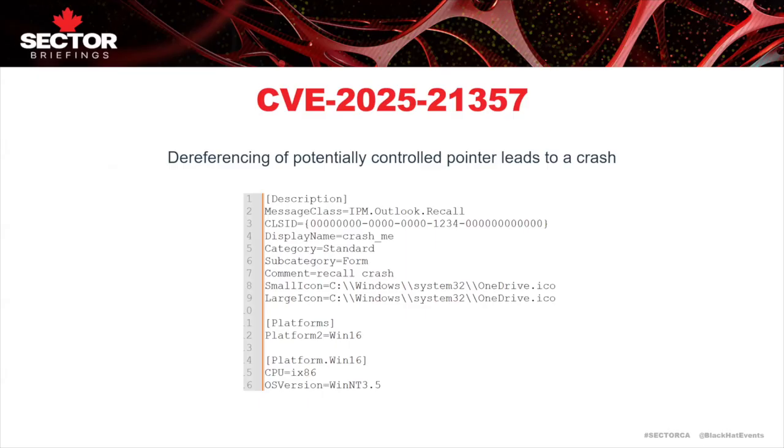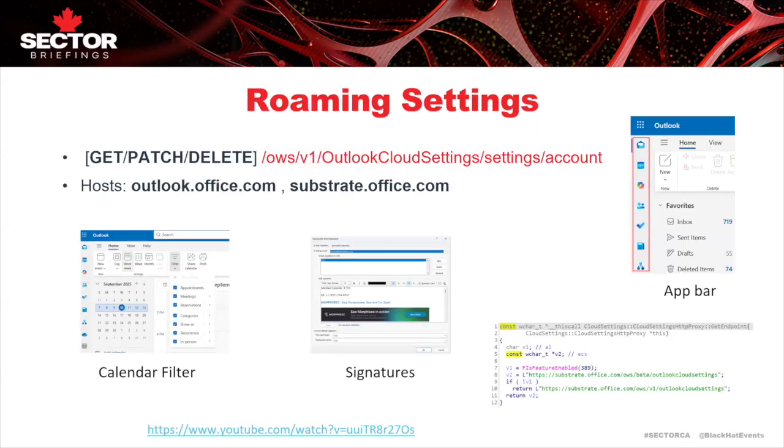So during this year, we thought, what additional things can the Exchange inject for us, right? What kind of things do we need for convenience? And we just looked at Outlook and we saw this huge variety of attack surface. We had to deal with them. So we looked at the different objects: calendar filters, application bars, different time zones, right? All those things need to be synchronized between your clients. They have to be represented somehow.